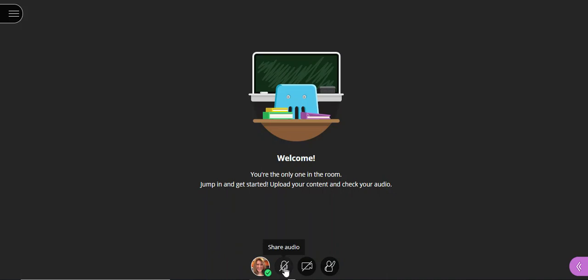This button is to share your audio. You see how these both have a slash through them? That's the way that things should be. It should have a slash through your microphone and it should have a slash through your video, because you're only going to share your audio and your video when you're asked to. So you can share your video and then